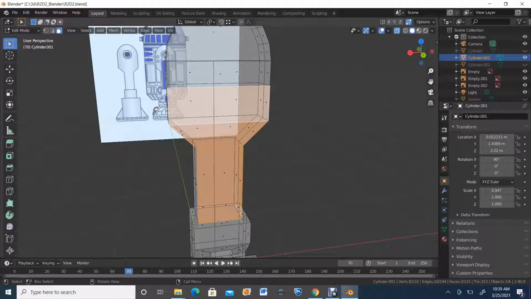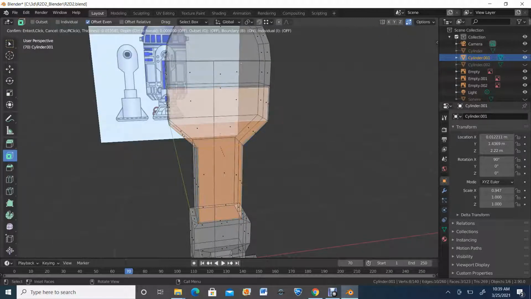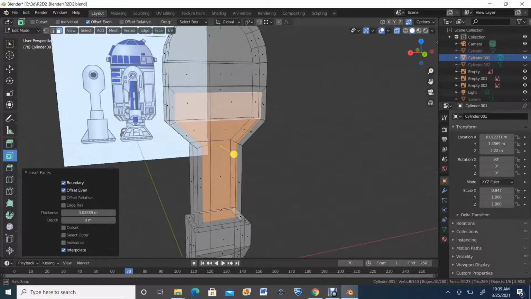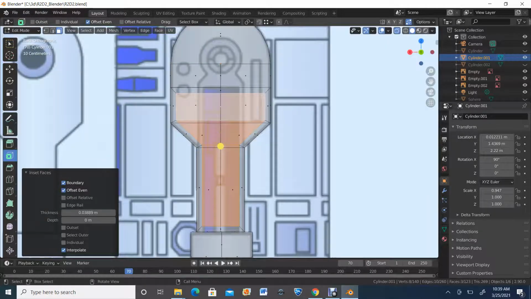So when you get to this mode here, what I'm going to do instead of that is a bevel on the inside, and so it's coming out like this, because as you can see, there's still some element on the leg of R2D2 that's still gray. So I kind of do that bevel like this. And then after I do that bevel,